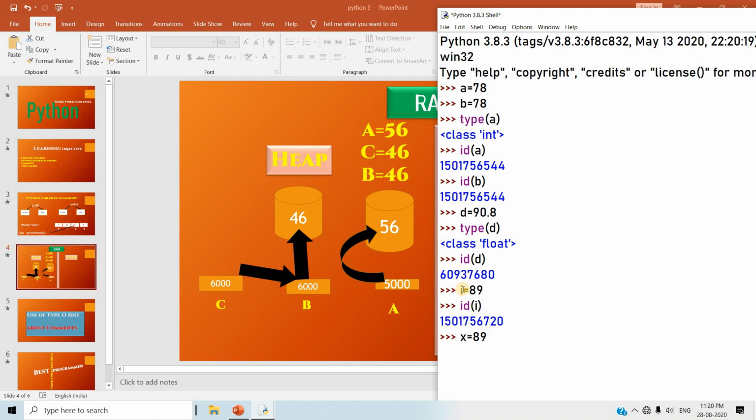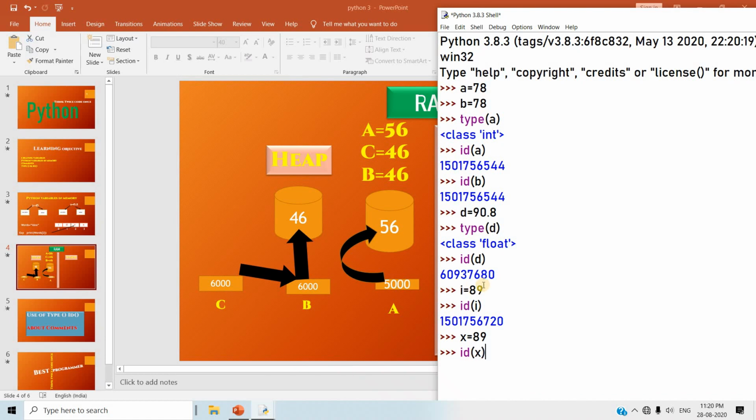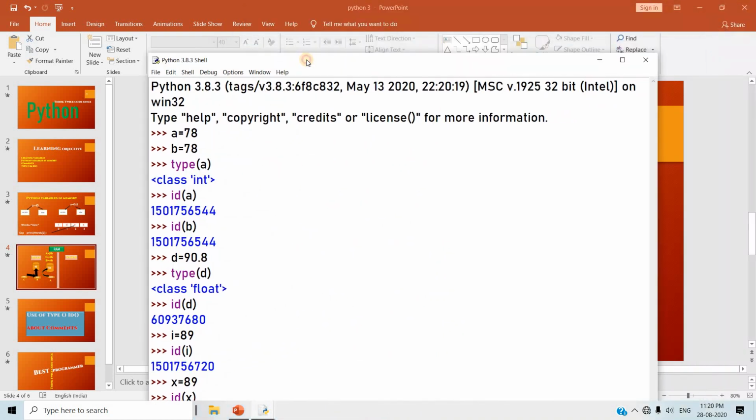It means the memory address of x should be the same as the memory address of the earlier variable. Now you can check. I hope you have understood, and I proved each and everything through the Python program.